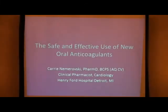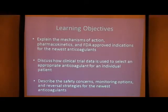Today, we're going to talk mostly about the safe and effective use of our new oral anticoagulants. And hopefully by the end, we'll talk a little bit about the mechanisms of action, pharmacokinetics, and some of the FDA-approved indications so far for these new agents. Discuss a lot of the clinical trial data and figure out how we can select an appropriate anticoagulant for a specific patient, and describe some of the safety concerns, monitoring options, and potential reversal strategies for some of these new